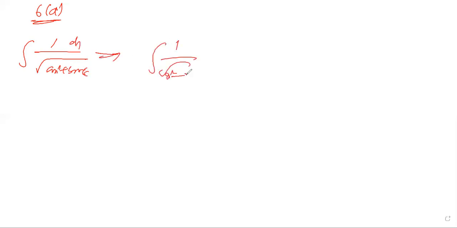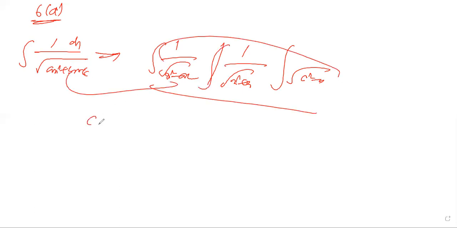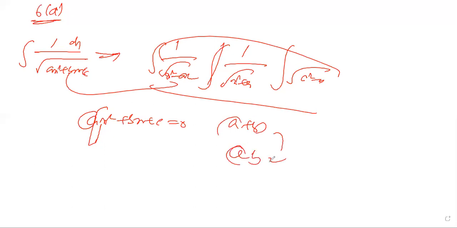Only one model we covered, that is 1 by under root models, the ax square plus bx plus c model. You convert the question into 1 by under root of x square plus a square, x square minus a square, or under root of a square minus x square. Out of these three, you convert into any one model. For the conversion technique, in ax square plus bx plus c, first make the x square coefficient 1, then convert into a plus b whole square or a minus b whole square, then find out a and b and start working. Till that, the discussion was done yesterday.